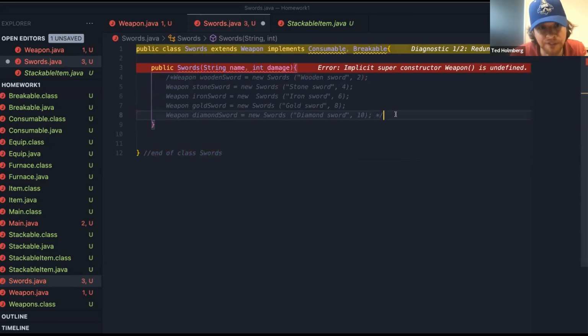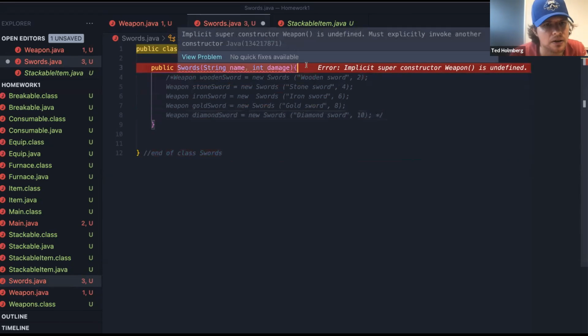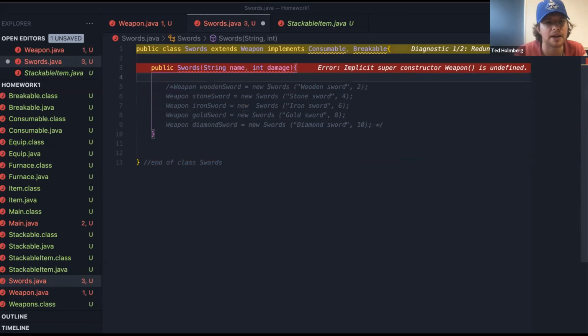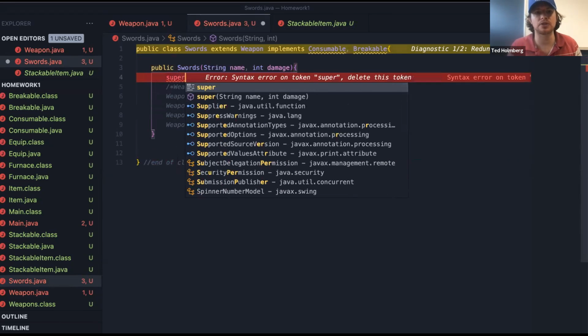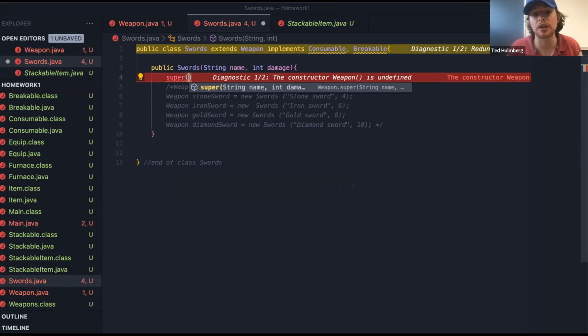But the first line of code that should go in here would be something like, hit enter, let's get a new line right there: type in super, because what super does is it allows this class to send information to its parent class. Then do parentheses, because this allows us to invoke the